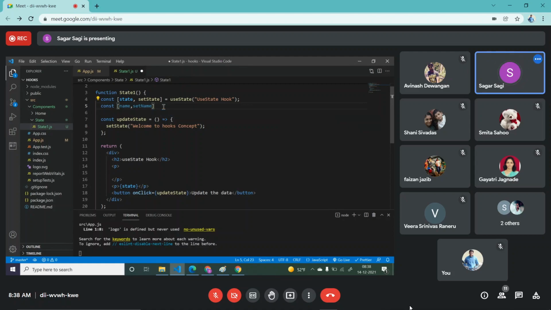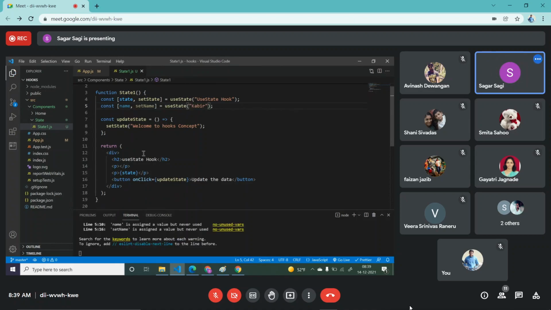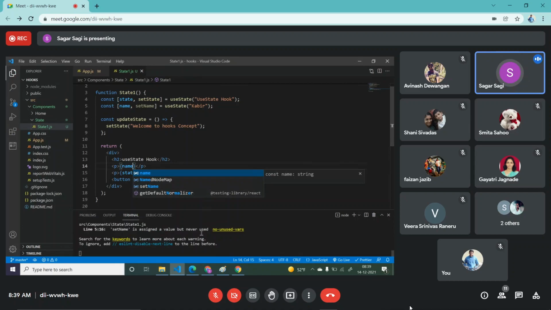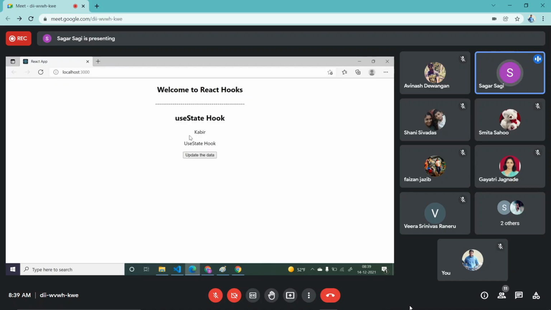In React, in a class component, we have to give this dot state only. There is no other option to give another name. But in hooks, you can give any custom names. Now here you have to just call use state. That's it. So it will create one more state. Now what you want to keep here, you can just keep here. For example, here I'm keeping my name. I just want to display it here. So I will just say name. That's it. Now if I save it, I got my name.